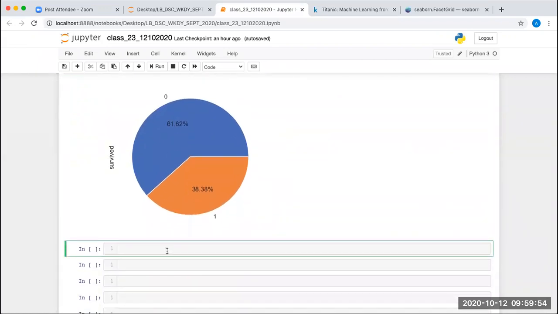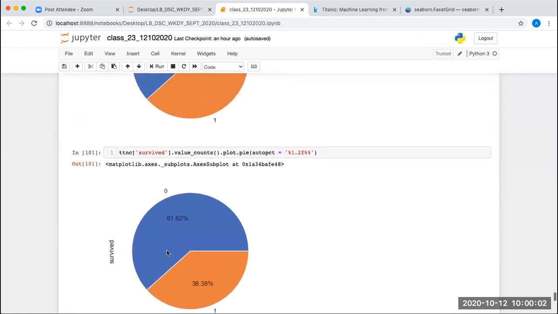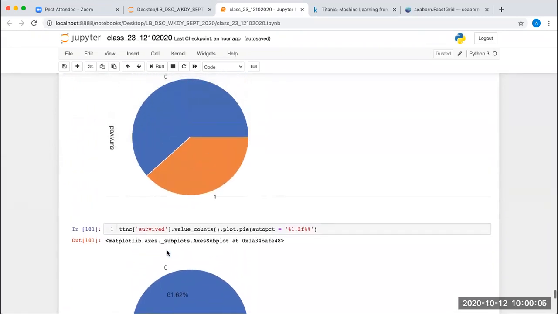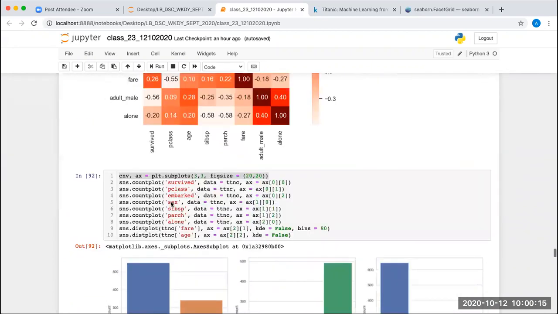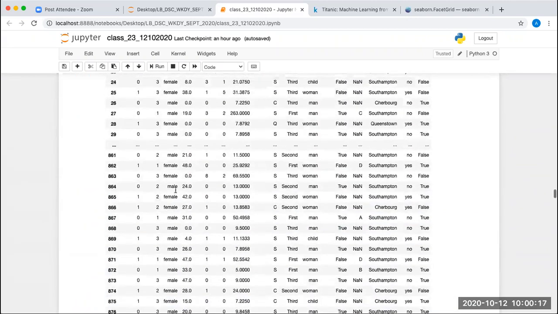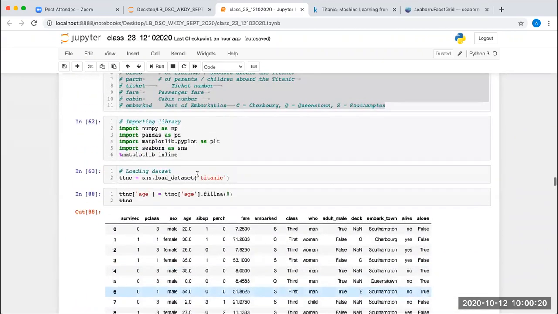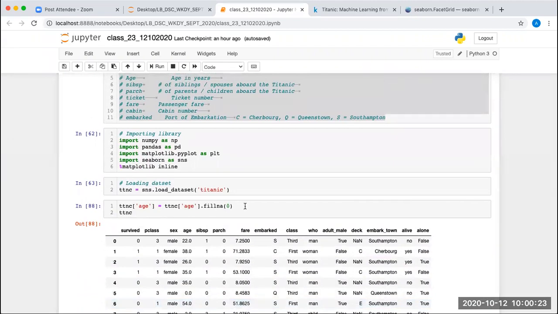Abhishek, one question on this pie where we have mentioned 0 and 1. It is taking from the data exactly, the zeros and the ones, right? 61.62% of the zeros and 38.38% of the ones. Can we replace this 0 with not survived and 1 with survived? Yeah, you have to do this here. Let's say you have this replace function we saw, right? So you have to access this column and use the dot replace function. Not fillna. You have to use the replace function.